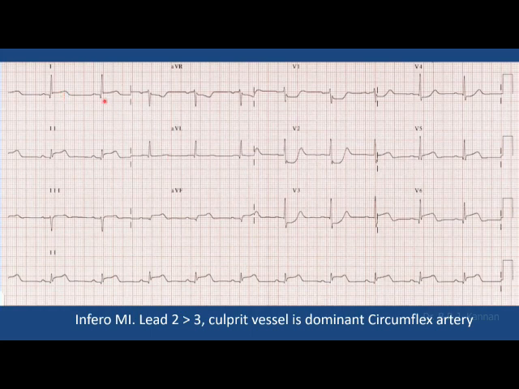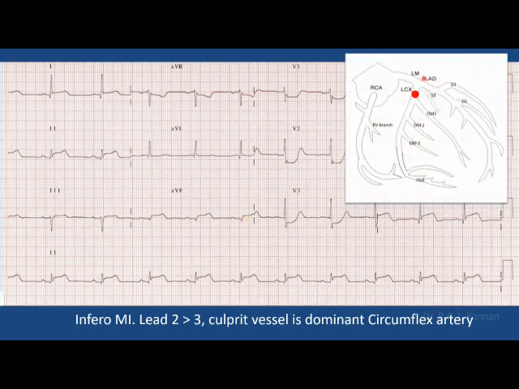So whenever lead 1 and aVL are not showing ST depression, which are the reciprocal changes of inferior leads, rather ST elevation, the lesion is in the circumflex artery, which is the dominant circumflex artery. Correspondingly, there is ST depression here. We will come to this again later. So the lesion is here in the circumflex artery. See that the circumflex artery is continuing as the PDA, posterior descending artery. The right coronary artery is ending here itself as a non-dominant artery. The circumflex artery is continuing as the posterior descending artery, and the lesion is here in the circumflex artery. So this is the interpretation of this ECG.